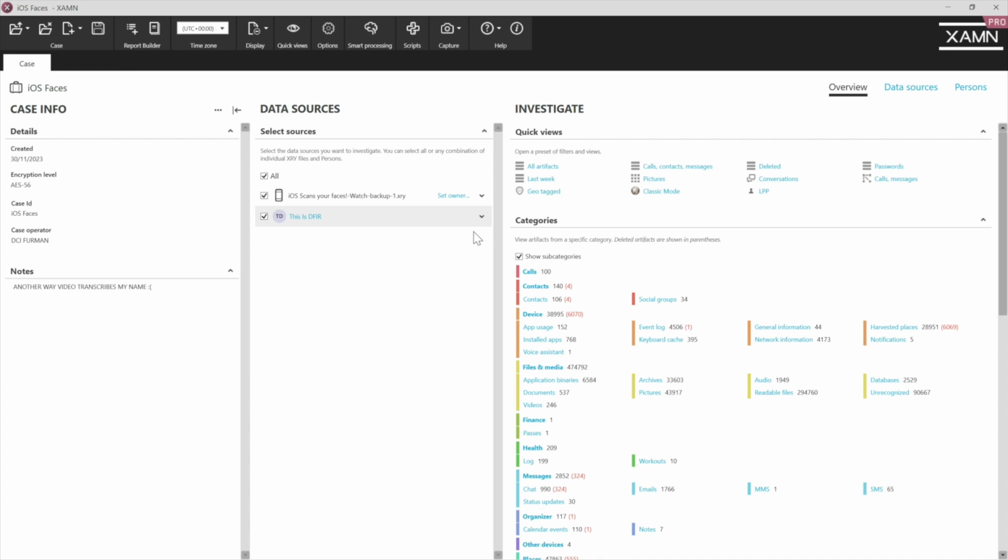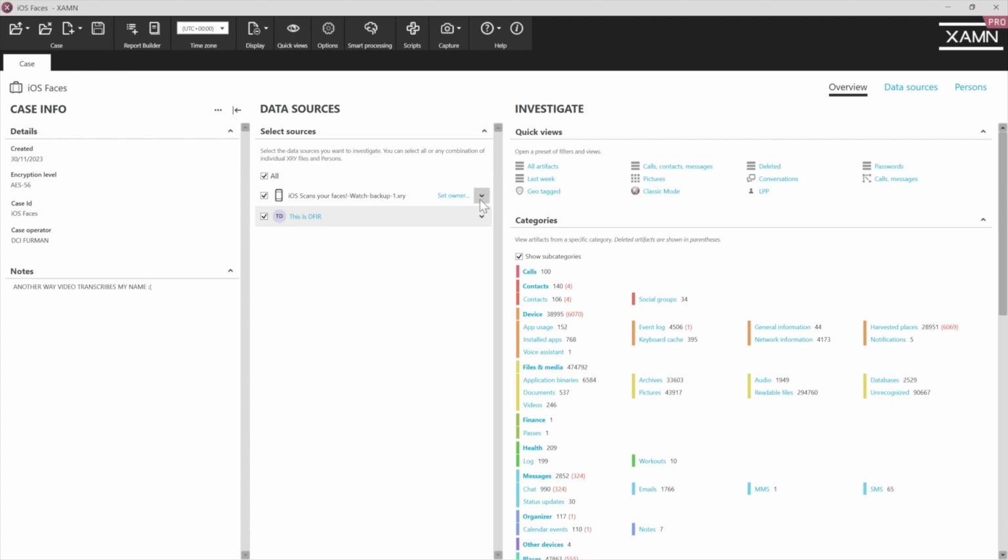Today we're visiting XAMN Pro and we're going to have a look at a feature that's been requested for a long time, and it's going to be a feature that a lot of you use in everyday programs and your phones, your laptops, something that we've grown used to and expected, and that is of course dark mode. XAMN has dark mode and I'm going to show you today where you can turn on or off that feature